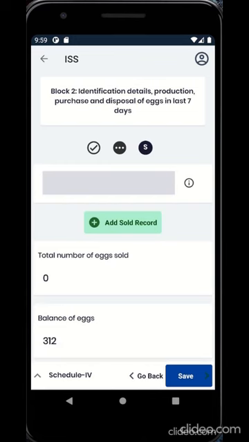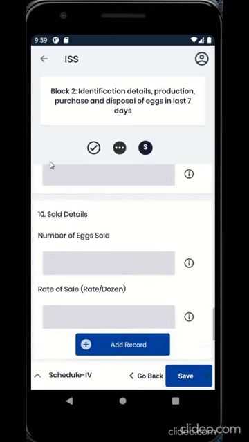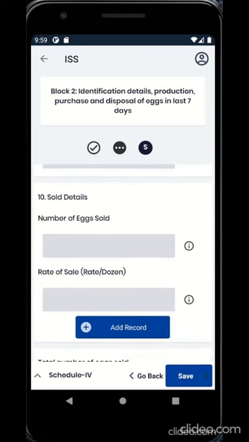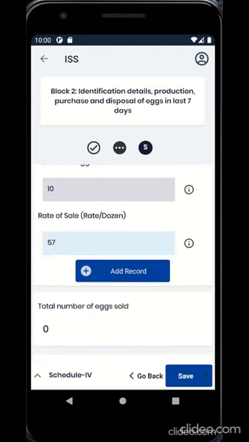This will display some details. This section is similar to the Purchase Record section. Enter number of eggs sold and rate of sale, rate per dozen. Click Add Record.